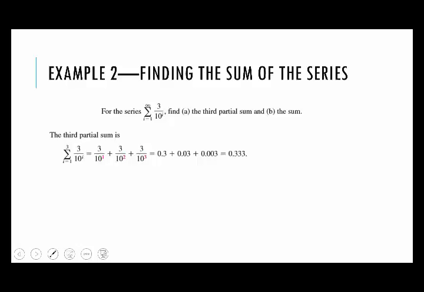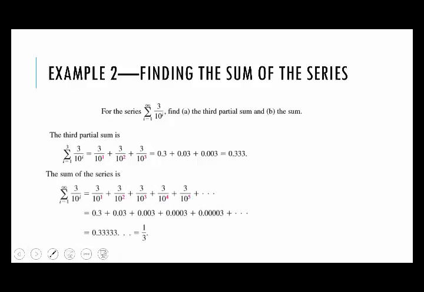In this case, though, when they define it as the third partial sum, they're saying, find me from your initial point, go up through the third term. So 3 over 10 to the first, plus 3 over 10 to the second, plus 3 over 10 to the third, which gives you 0.3 plus 0.03 plus 0.003, which gives you 0.333. That is your answer. Now, the infinite series, the sum of the whole series, is continuing on repeatedly, and in this case ends up forming